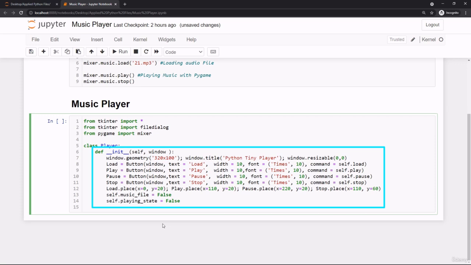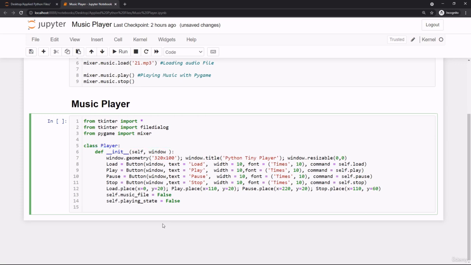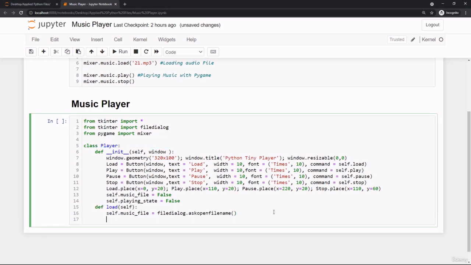For our application, now we need to insert another method to that class called the player we just made here, to load a music file or an audio file from our computer or from our local device, exactly as follows. You can see we declared that method called load, with the self parameter. Don't forget to insert the self parameter inside the parentheses of that method. By using the def keyword, we declared that method called load. After that, you can see inside the body of that load method here,